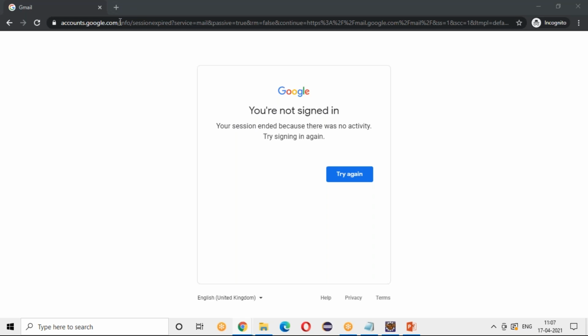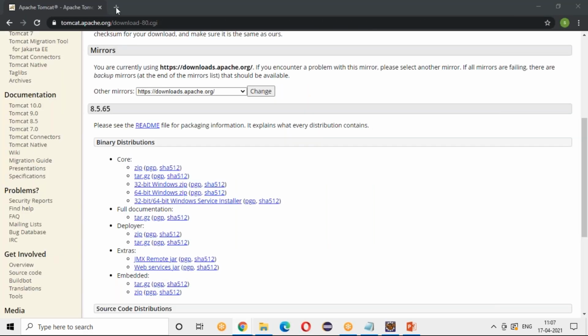I was trying to show that in Chrome, but it is getting hanged. In Chrome also you'll be seeing the same as what I have.